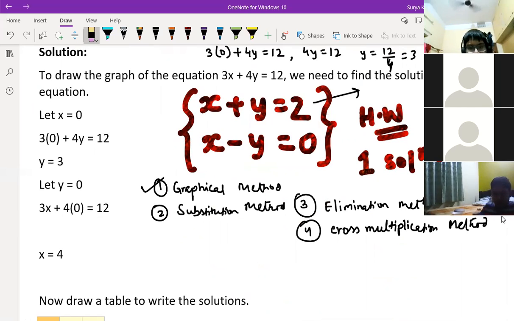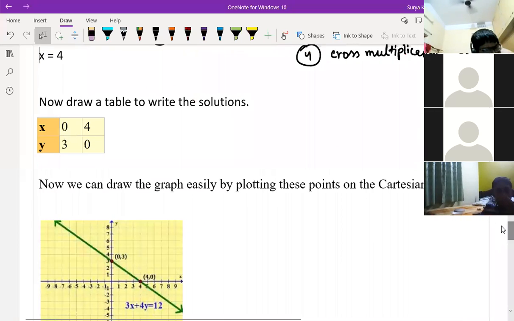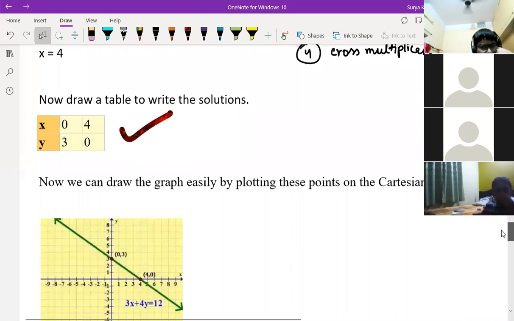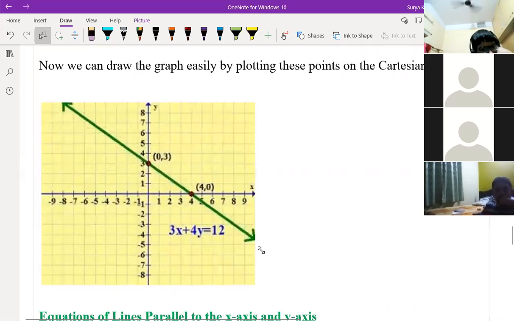Now I'll tell you the substitution method, okay? Right now I'll finish the substitution method also, then we can move further. See the same question, we'll see this question. See, the graphical method they have done. This is the graphical method that they are doing. Same thing that you people did in the notebook, the same graph you have done, check. Now we can match with this graph what you have done before.